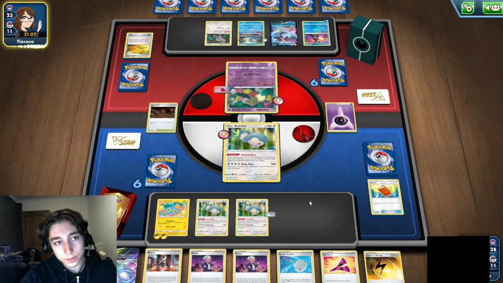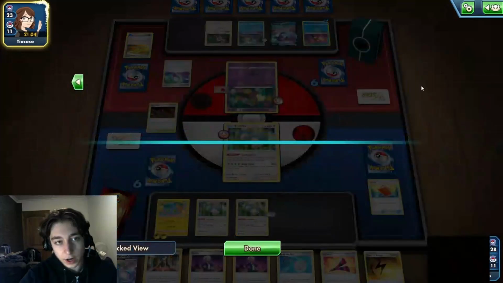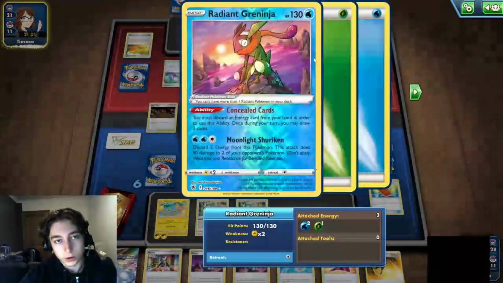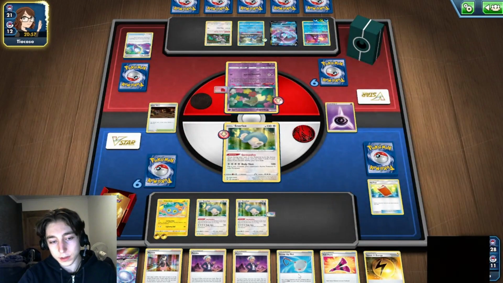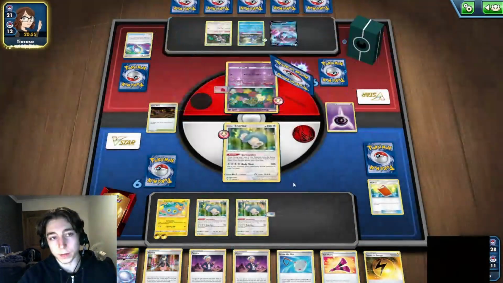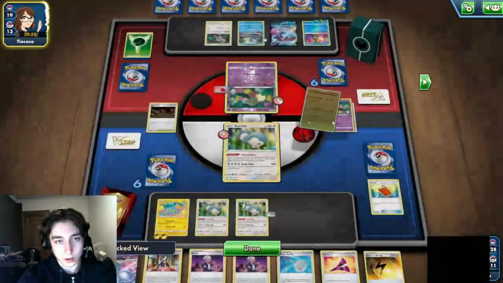Goes Oranguru. He has Mirage Gate here, so I think he's going to be going to either Luminion or Greninja. He's going to go to Greninja. The thing about Greninja is, it does take a prize here, but I can still scoop up a net, the one that I'm not using, and he does have to discard 2 energies from his Greninja to use it,